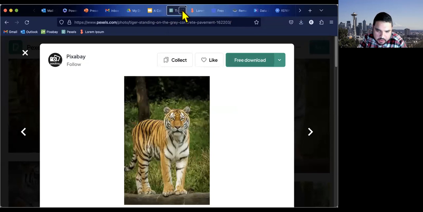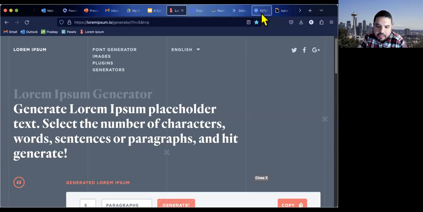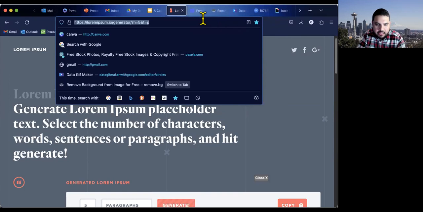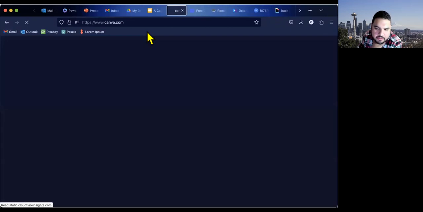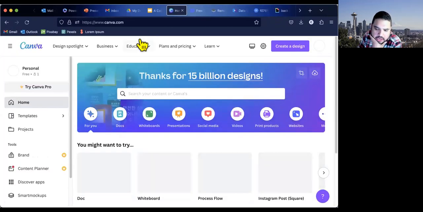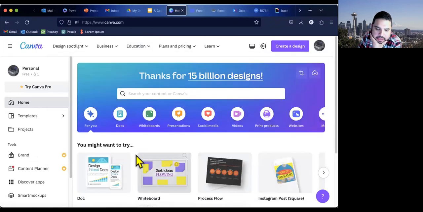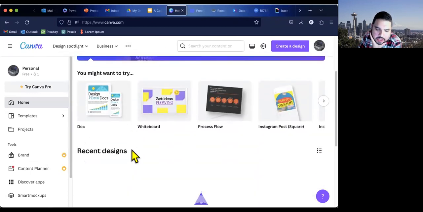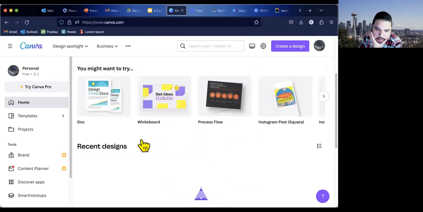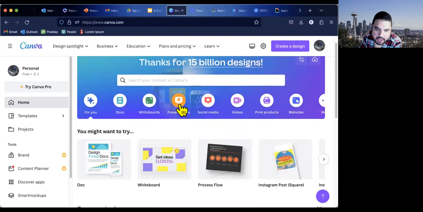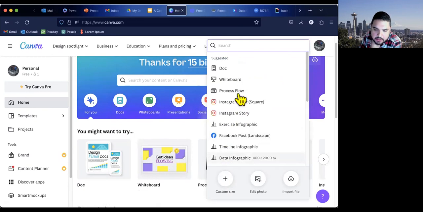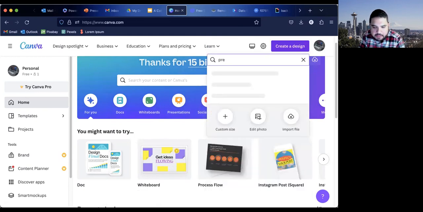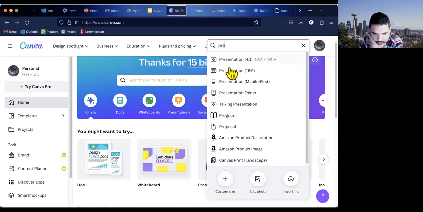Canva is a really cool tool that's just adding more and more features to it. It seems like they're doing something new every month. So that's a cool tool. It's spelled like the word canvas, but without the S. And you can make all kinds of projects on there, from documents to social media posts, banners for a website, and of course, presentations. So right now I have it blank. If I do presentations from here, or if I do create a design, I could choose presentations from here. I could just manually type it in, and it gives me suggestions. I'll choose that one.